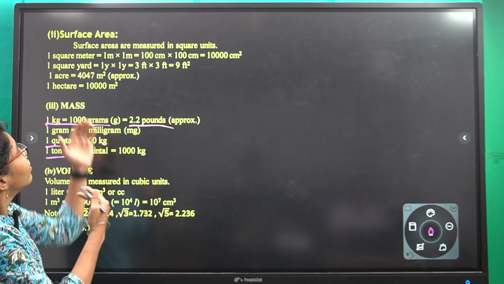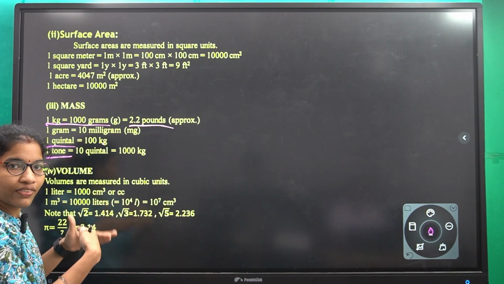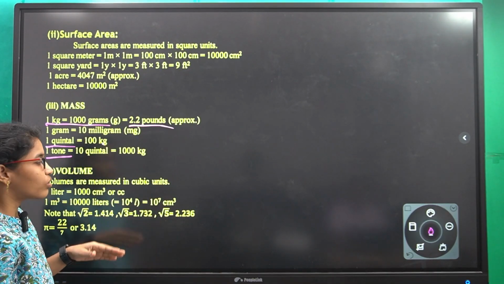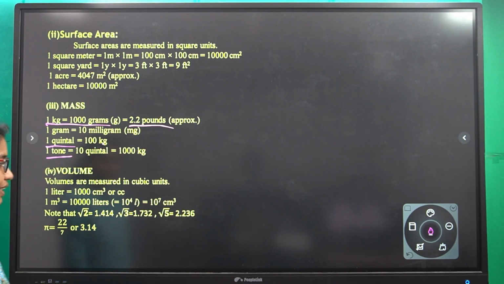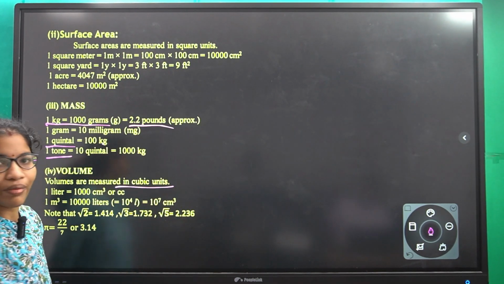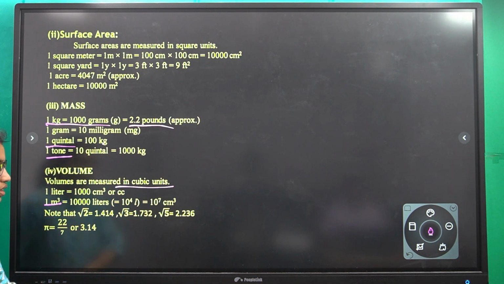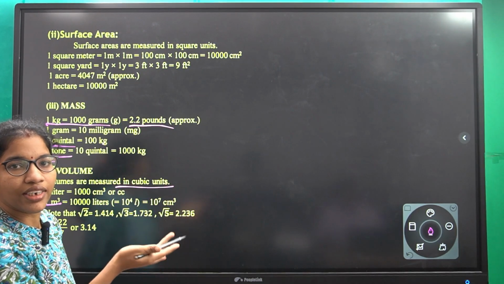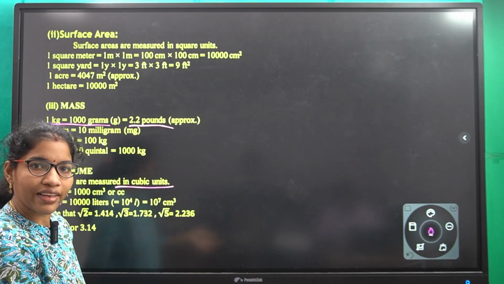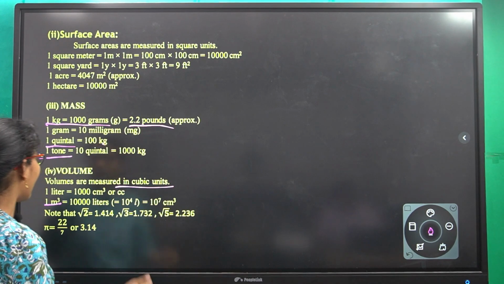So here surface area we are measuring with square units, volume we are measuring with cubic units. That means you have to multiply the lengths 3 times, you get the volumes. Volumes are measured in cubic units, right? So here meter cube. Generally volume means capacity. We are denoting with 1 liter of water, 1 liter of oil, like that, right? So that is nothing but the volume, the storage amount.